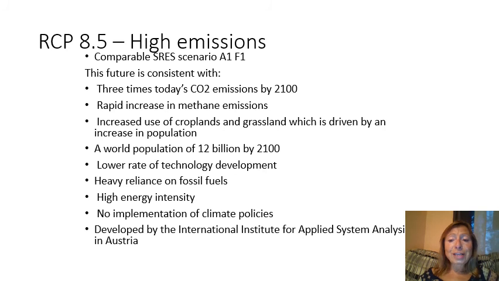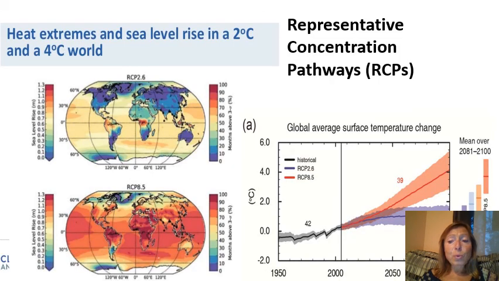So as you can see, this is a pretty devastating scenario for the planet and for all of us, and we really need to work. We need to pull our sleeves and work as hard as possible to really pull us away from this storyline as quickly as possible. So this map of the world and this graph compare the RCP 2.6, sorry, this